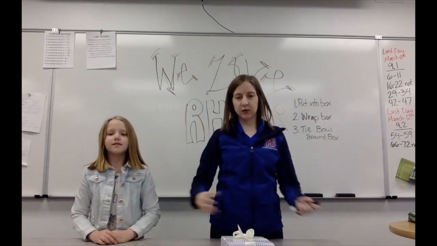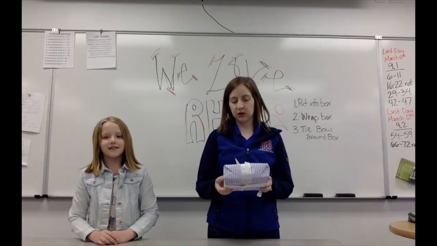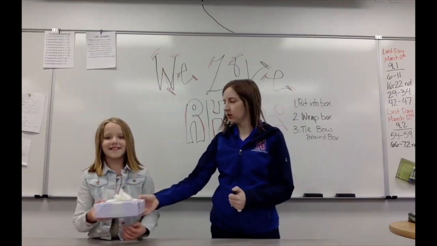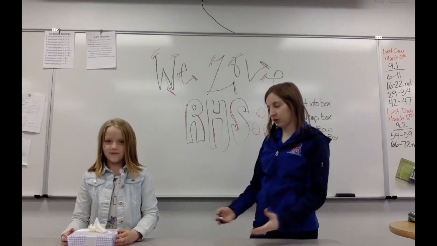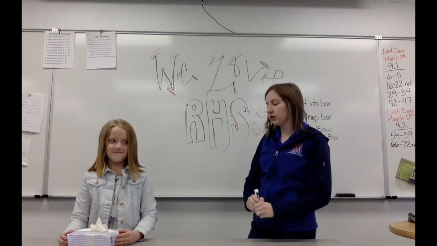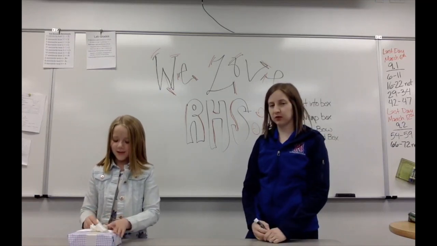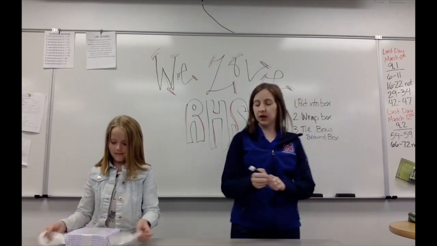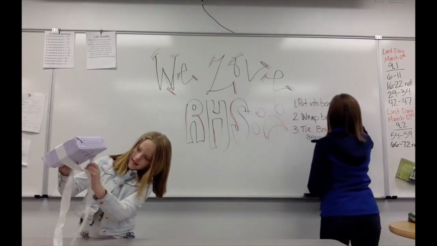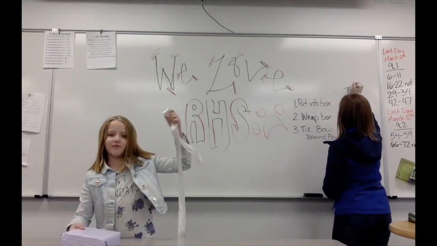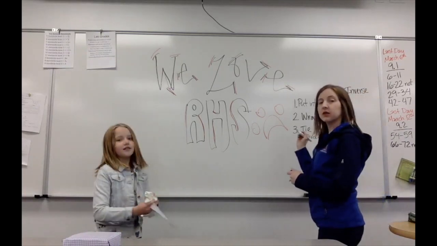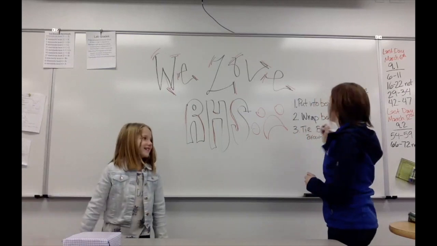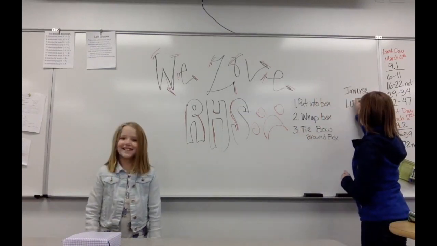So now I have someone here to give my present to. I'm going to give my present to Juniper, and she's going to open the present. So Juniper, what's the first thing you have to do when you open the present? You have to untie the bow. Untie the bow. Okay. So step one of the inverse, when we undo something, it's called the inverse, is to